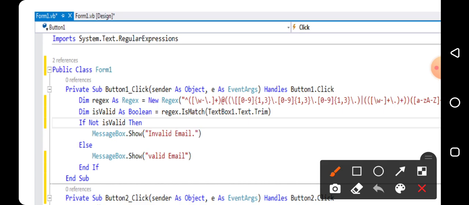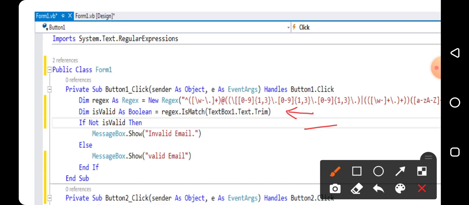After that, Dim isValid As Boolean. As you know, Boolean provides the value as true or false. And regex.IsMatch is the method for defining the regular expression.